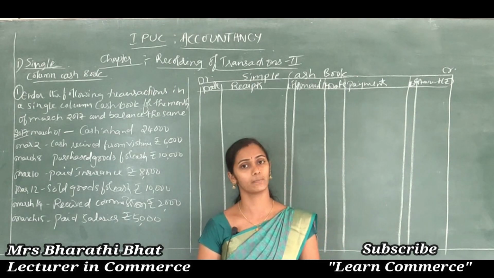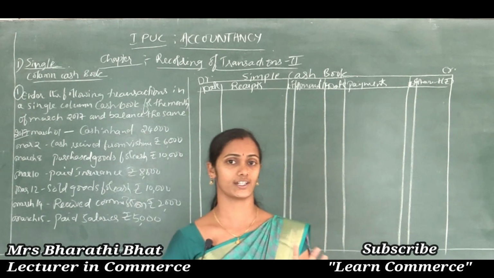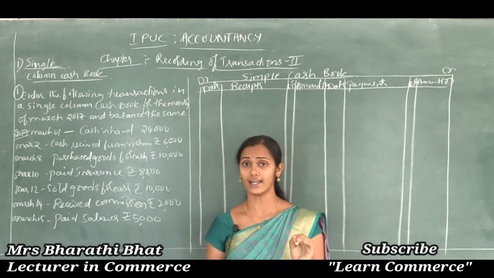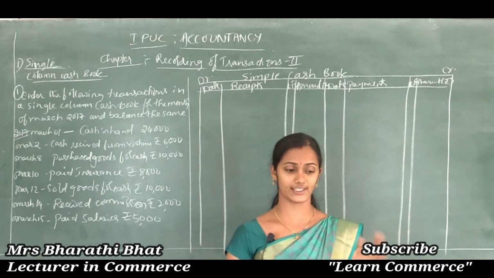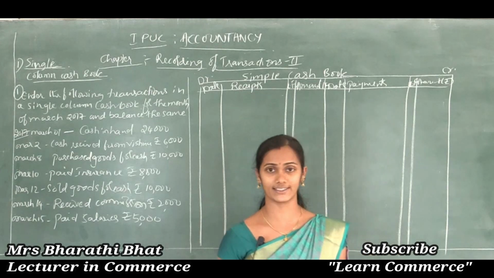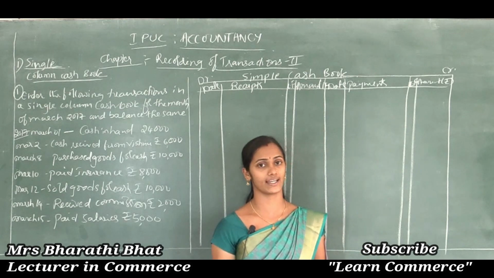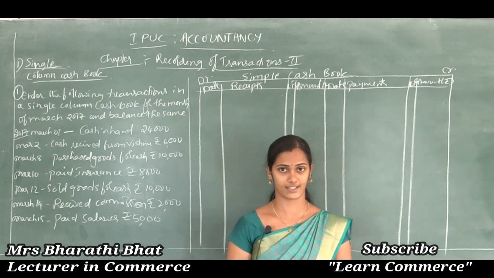That is the preparation of simple column cash book. These questions are 6 mark oriented, 100% questions, and very simple. In the journal book we record all the transactions. Suppose a business organization is very small, then they can maintain a journal book. I told you in the previous class itself, correct, right?